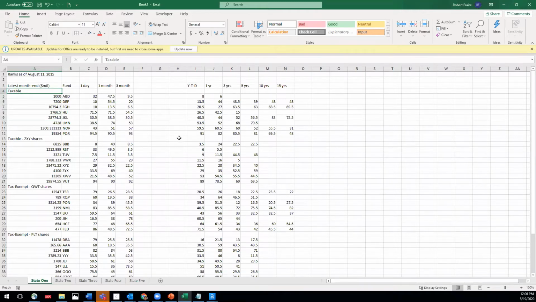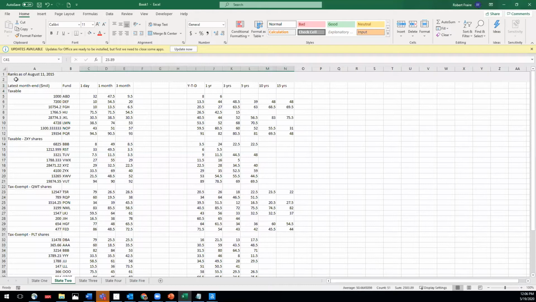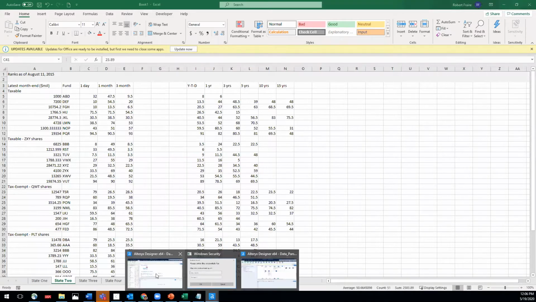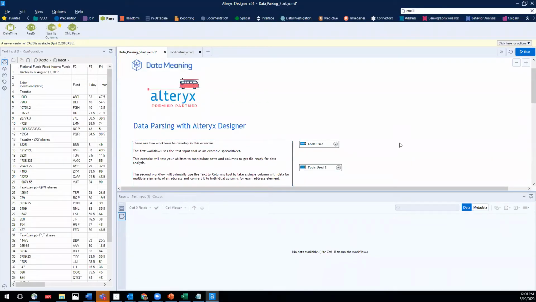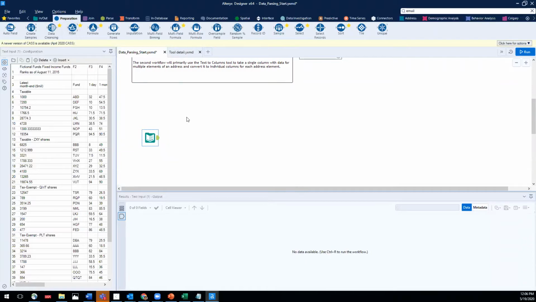So the first thing that we're going to do is take care of the top aspect of this, which is getting rid of these top two rows so that we can pull our data into Alteryx Designer. All right, so here again is the data that I have brought into the Alteryx Designer, and now we're going to look at the first of the tools, which we're going to use to get rid of those top two